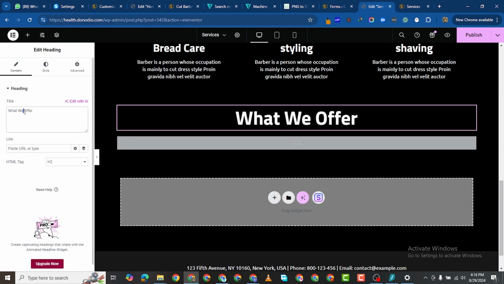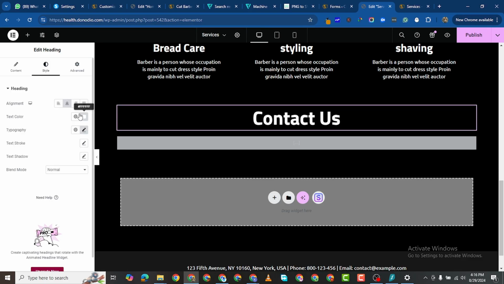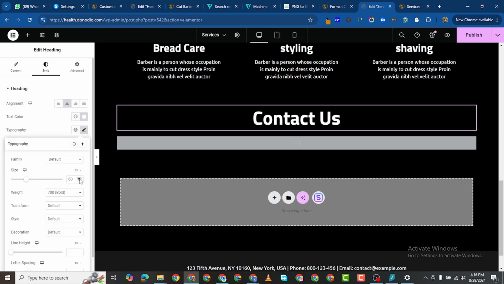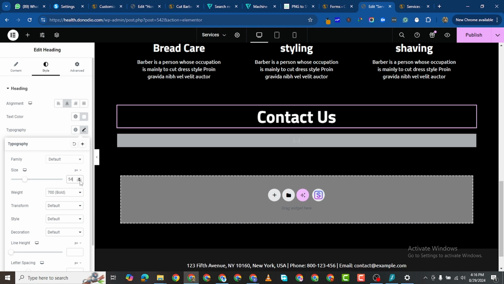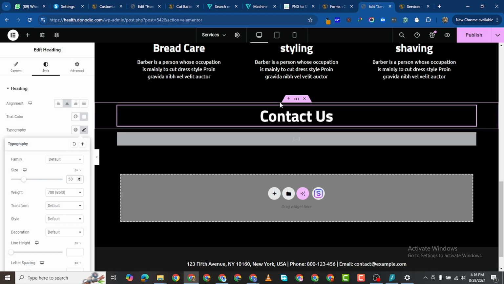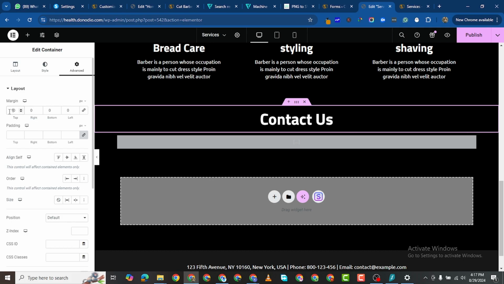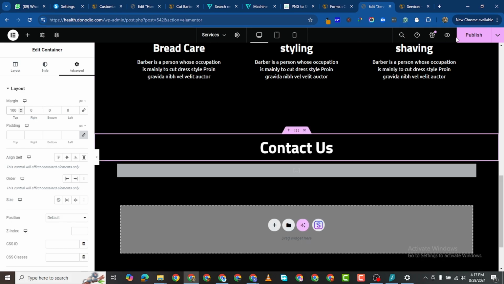I'll say contact us. And I'm going to reduce the size to 50. I'll give it a top margin of 100. And then if I reload this page,